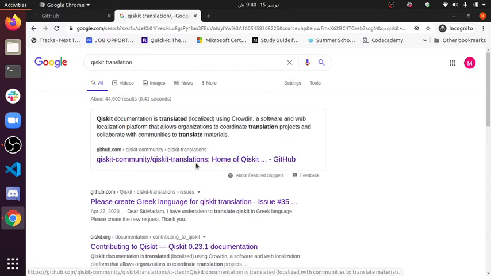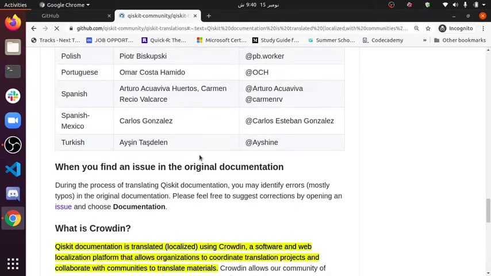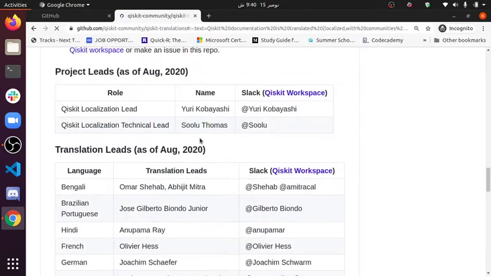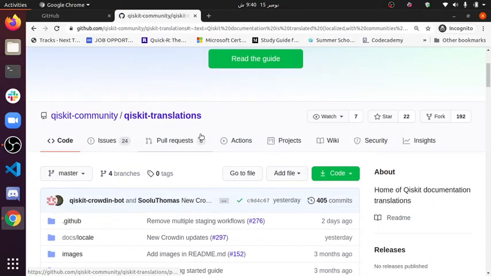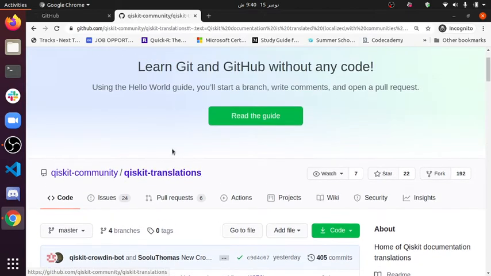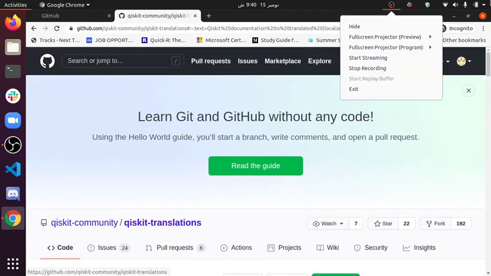You just have to click on this first suggestion and it will take you to the official repository of the Qiskit translation project. Scroll up, and here you can see it is written Qiskit translations.